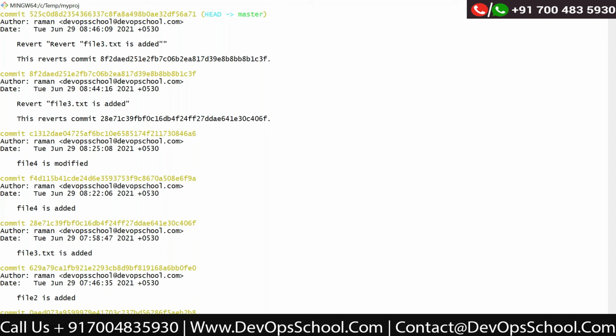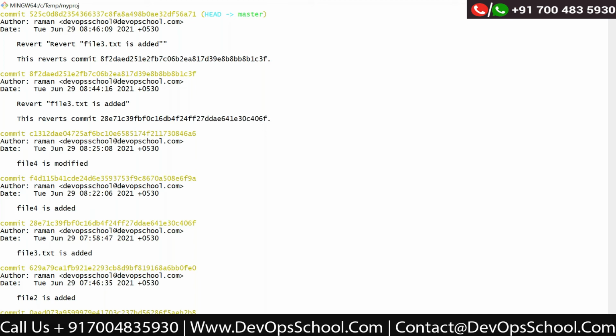Is it advised to use revert more, since it can track the changes, right? There's a commit ID, rather than reset. It totally depends upon your requirement. If you don't want to track those commits, go with the reset, if it is consecutive.